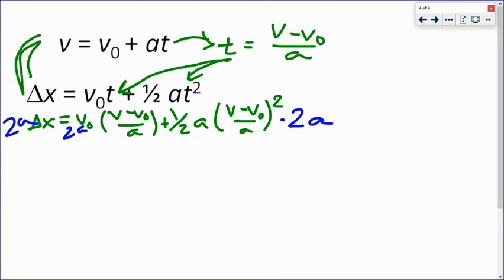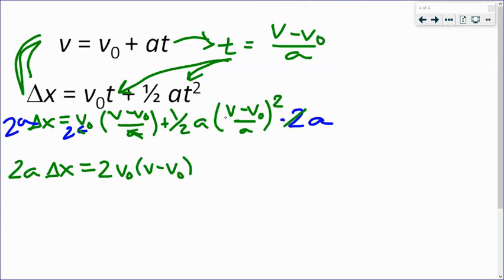Let's go back to green. Once we've done that, on our left-hand side of our equation, we get 2a times the change in position. This first term, this a cancels out with the a on the bottom here, and we have 2v0 times v minus v0. Okay, our second term, the 2 and the 1/2 cancel out, and we have a squared on the bottom,